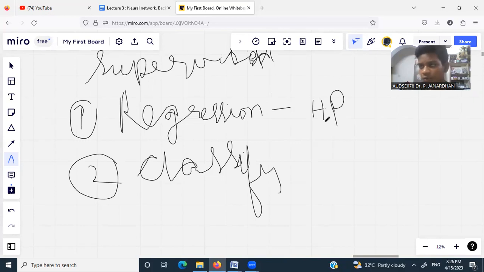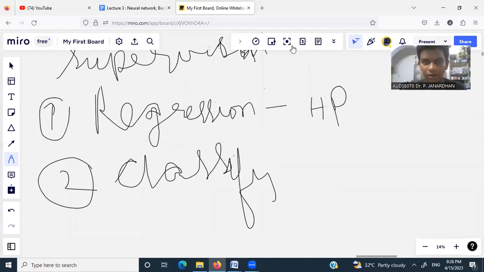You have to take the input such as the area of the house and maybe the town of the house, and take these inputs and predict the price of the house, right? But in classification, we have